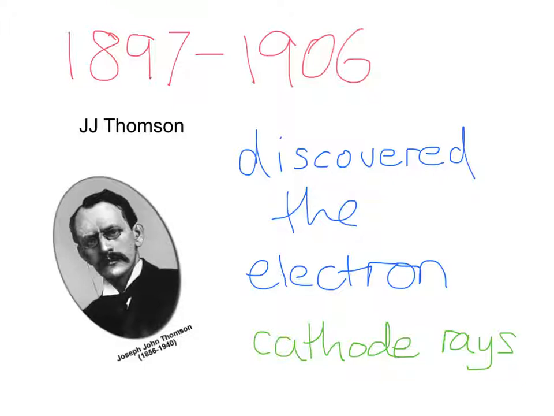Each particle had the following properties. It had a negative charge, it could be deflected by both a magnet and an electric field, and it had a very, very small mass. Cathode rays were in fact electrons. Thomson concluded that they must have come from within the atoms of the electrodes themselves. The idea that an atom could not be split any further, proposed by the ancient Greeks and Dalton, had been disproved.